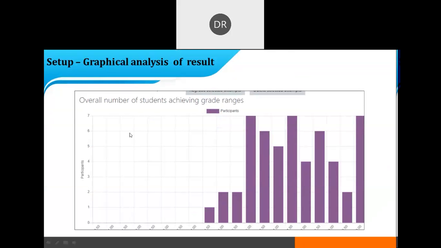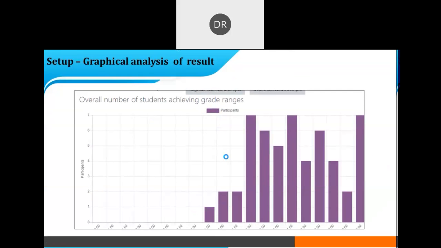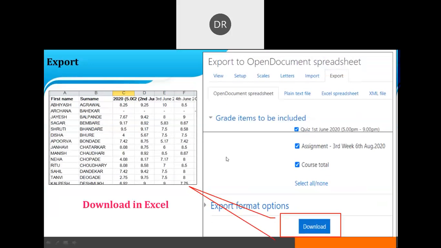The Moodle can also generate the report in a graphical way, automatically. Then export. So export means to download all the students' scores in Excel format. So this is a screenshot which you get after downloading any particular file. For example, this format is like this: first name, last name, and their scores. So you can get the summary of the scores at the end of the session or at the end of the year. So it is available in the Excel format. So this is what the documentation is.